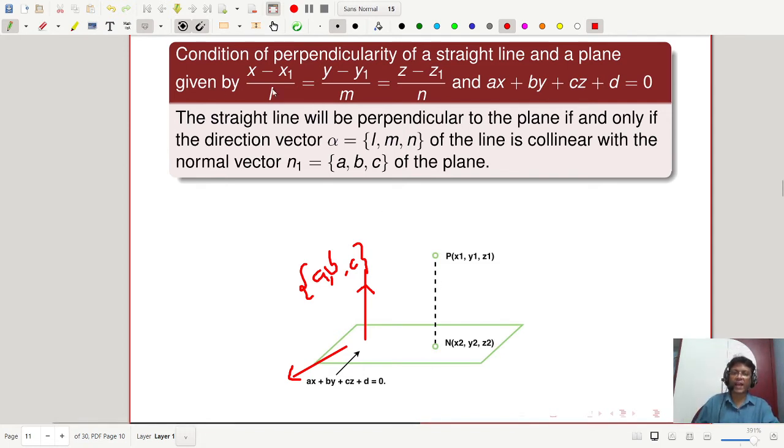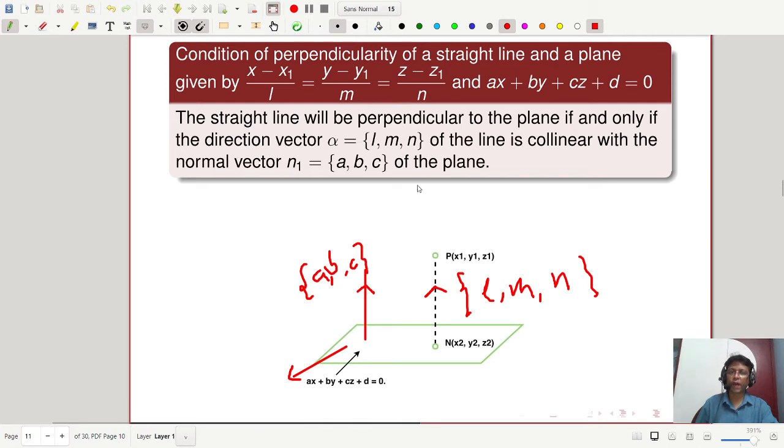And the line is given by (x minus x1) by L, (y minus y1) by M, (z minus z1) by N. So its direction vector has components L, M, N, which are the direction cosines. Now look at that. Your direction vector alpha and the normal vector n are parallel, so they must be collinear, if the straight line is perpendicular to the plane. So their ratios will be